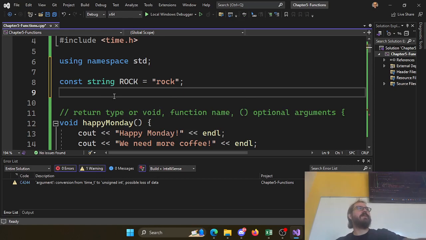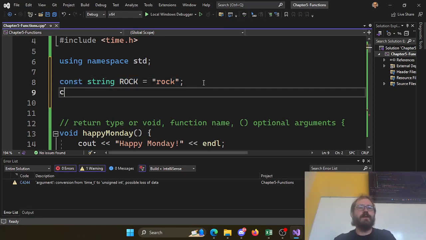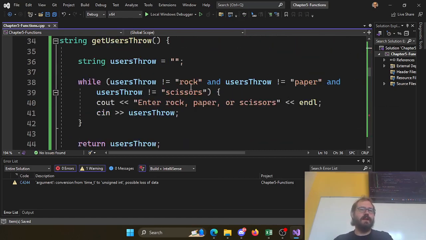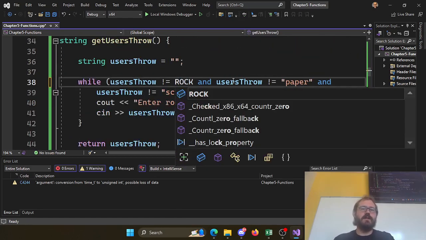So if you define a variable outside of the function scope, you can use them inside. Remember that the bigger scope is accessible inside the smaller, more narrow scopes. So this is a bigger scope at this file level. I think it's global level, but we'll figure it out later. Constant string for paper equals paper, and a constant string for scissors equals scissors, right? So now I can use rock, paper, and scissors everywhere in here, and it's much cleaner and much less likely